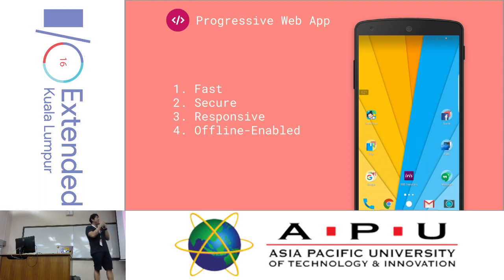So this is the IO Extended KL PWA app. It's a web app. And as you can see, what I did was add it to my home screen. It now feels like a native app, right? It looks like a native app. It's smooth, it's fast. Even if you do this, it doesn't show you that it's in a Chrome window, but it's actually a native app. And then what I do is go offline. Just let the video run a little bit. Come on. Uh-oh, the demo god is against me today.